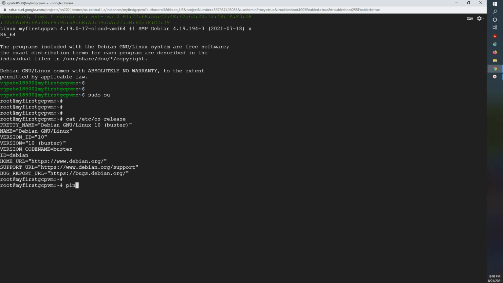You can also configure your DNS name from here. Right now it's Debian, it has taken the default one, but still you can configure it. So this is all about how we can create a VM, what our configuration for the VM is, and how we can access that VM through SSH, so we can configure it for our application deployment. We will see some more configuration sections in the coming sections, and thank you for watching this video.